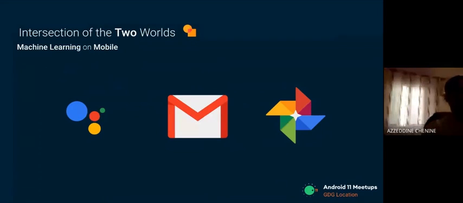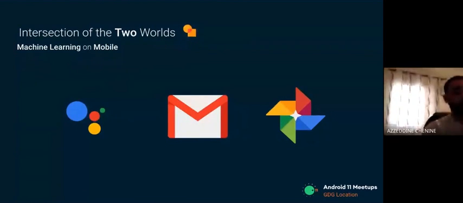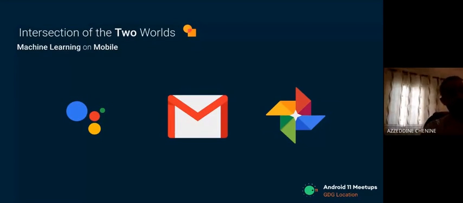For example, Google products: we have Google Assistant, Gmail, Google Photos. For these three apps, we have offline support for machine learning features like auto compose or proposals for Google Photos. When you take a photo in a darker area, it will propose to change the colors a bit and make some edits to your photo,